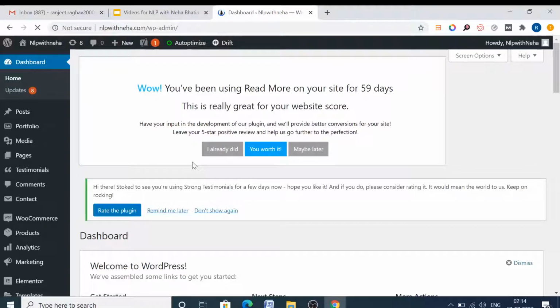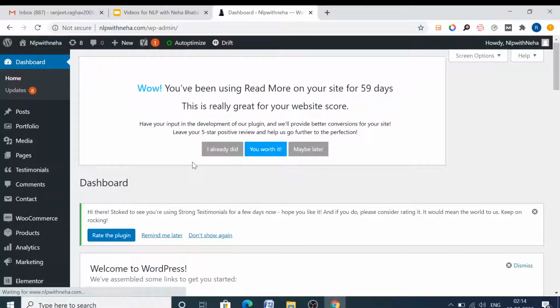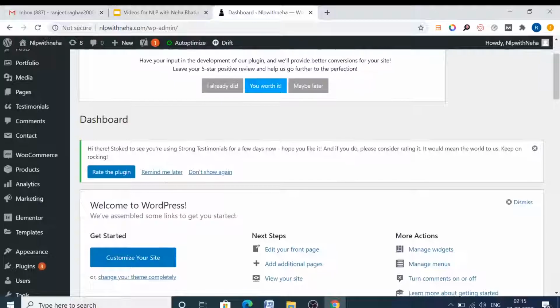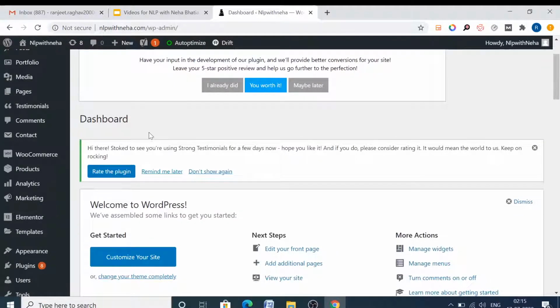Okay, so this is the dashboard. Now there are a lot of options on this dashboard. We are not going to get into it because it's huge. So what we are going to do is we are just simply going to change the prices or do a little editing of the prices and everything on a page if you want to.